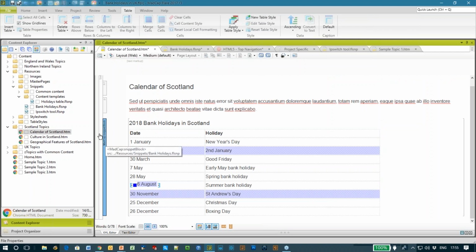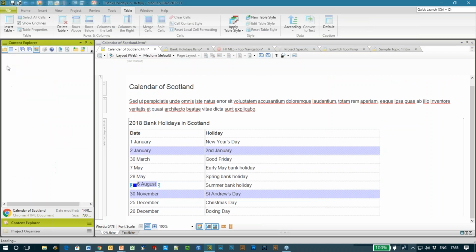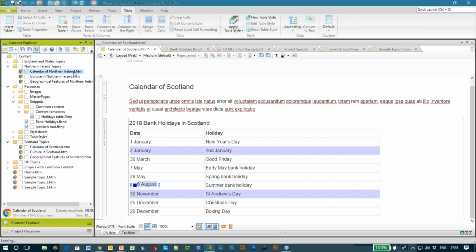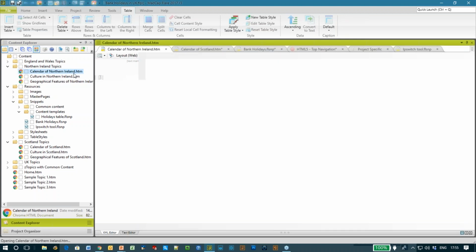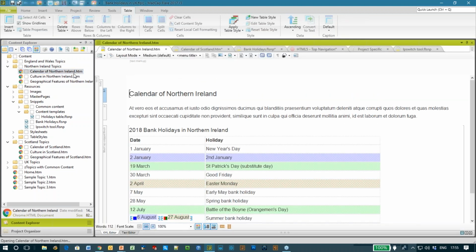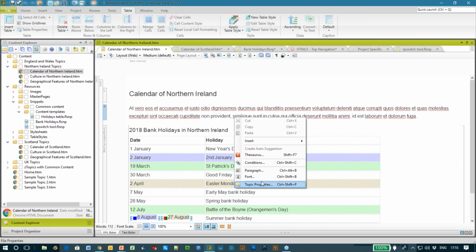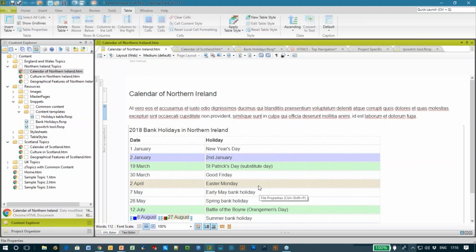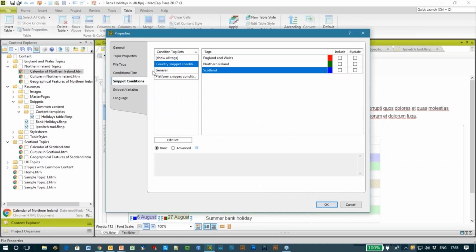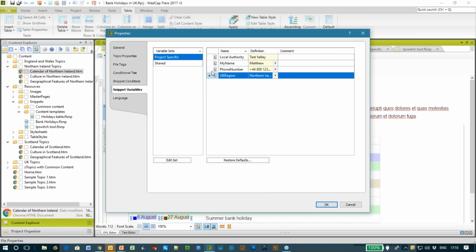If we look at another topic, let's go into the Northern Ireland topic, calendar of Northern Ireland. We're going to be seeing exactly the same source snippet. I only have one source for this list of holidays. This is the same snippet, and yet at the top it says holidays in Northern Ireland, because within this topic I've set my snippet variable to have a definition of Northern Ireland.